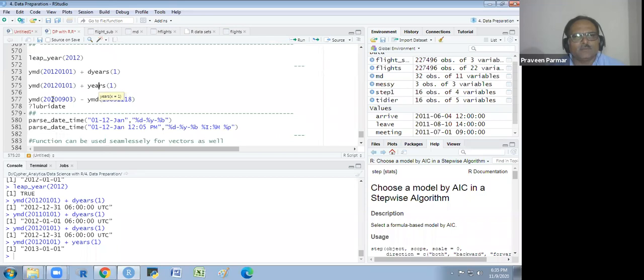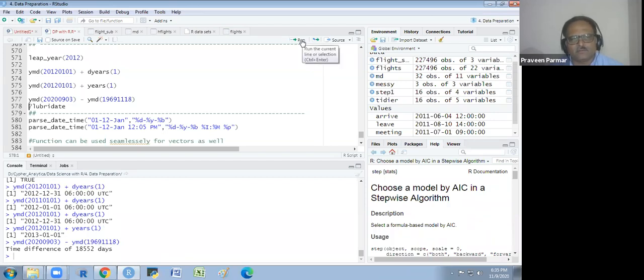And here I am writing 2029-3 and 1969 11-18. So the time difference is 18552. Okay, so it is the time taken.